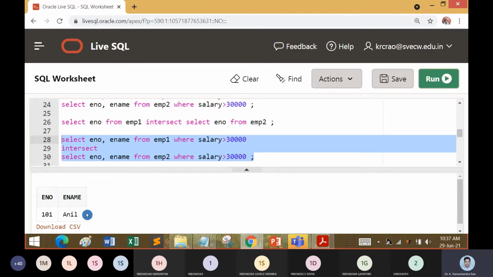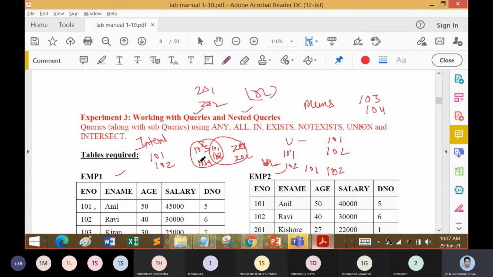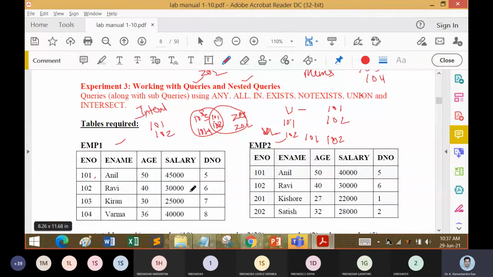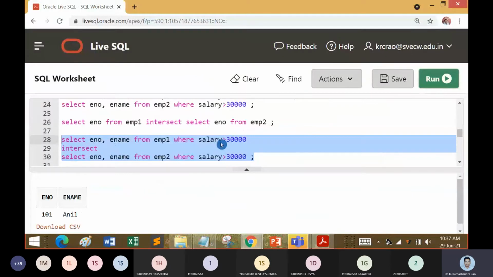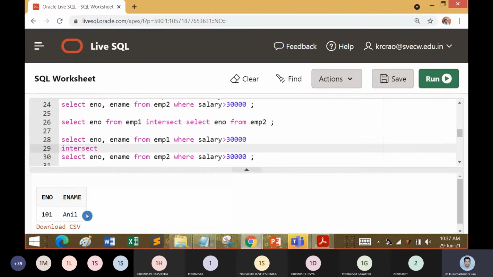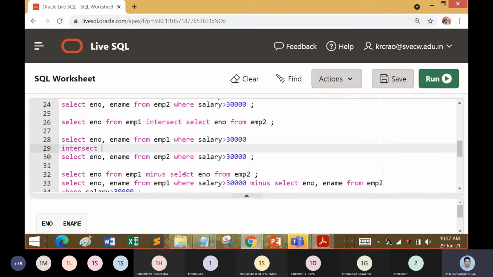The reason is that 104 exists only in the employee 1 table, but not in the employee 2 table. You can see this glimpse: 104 takes part in the employee 1 table, but 104 is not available in employee 2, while 101 is common in both. That is why, when we made an intersect operation, you can see only the 101 Anil record comes up.